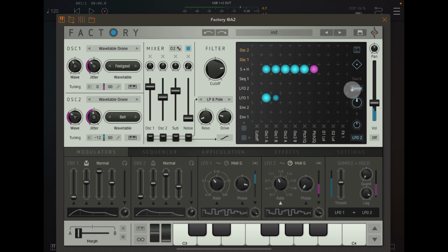So if we just tweak this control, you'll see these will morph. At the moment, it's listening to LFO2. So if we increase this knob here, which is the amount, this will start to vary in relation to LFO2, which is doing this wild pattern here. So